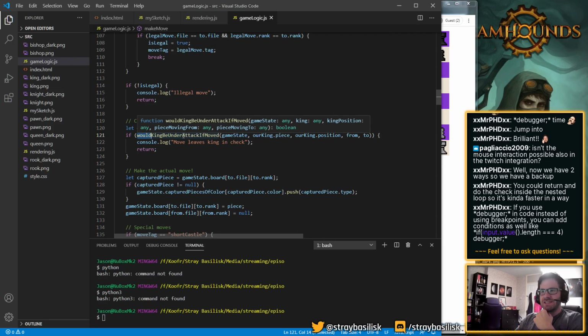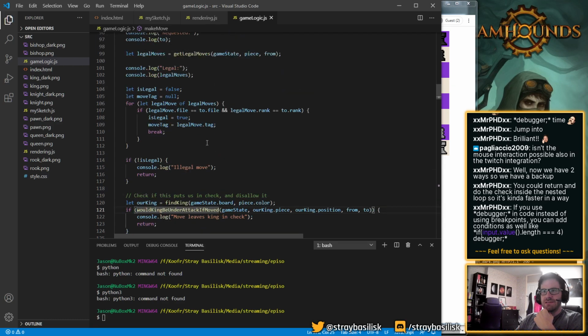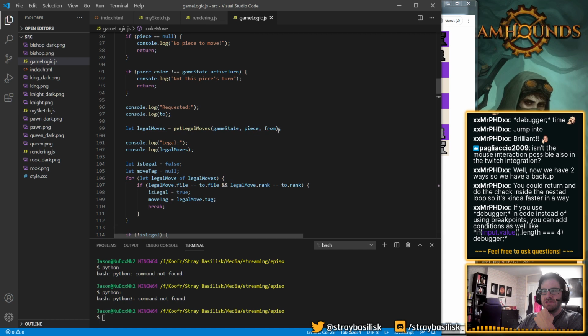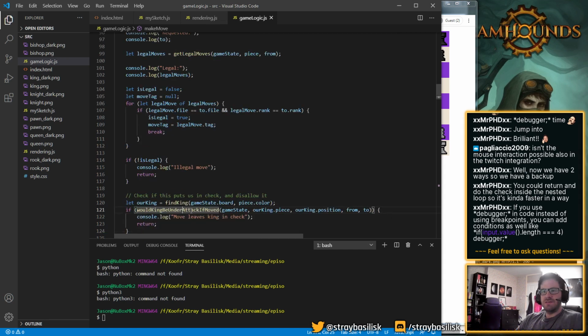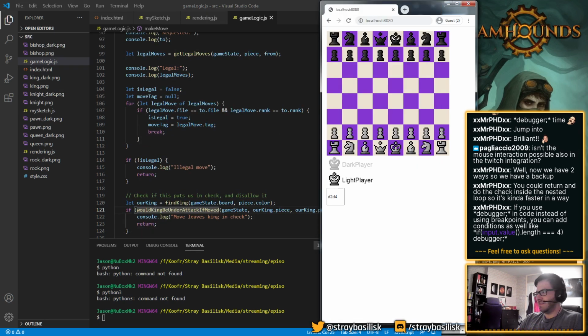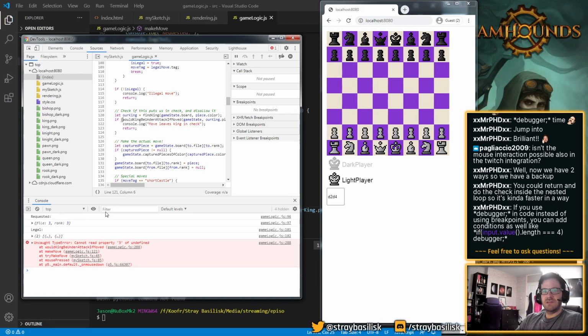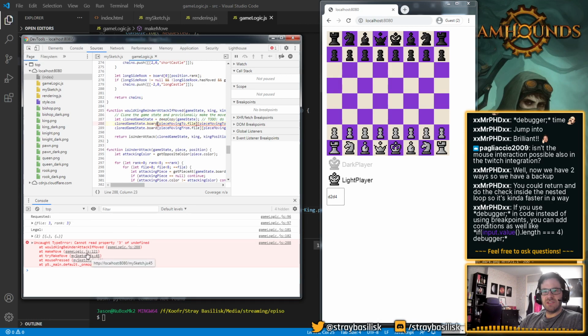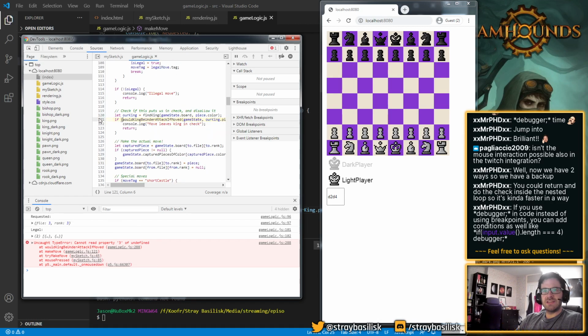So game state, there's the king position. Is it not from and to? So what's going on here? Let's breakpoint time, I guess, or actually up here.